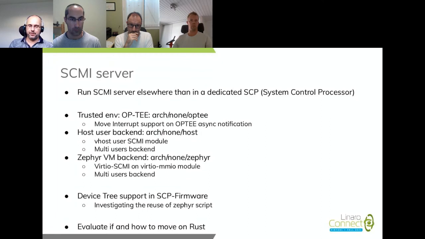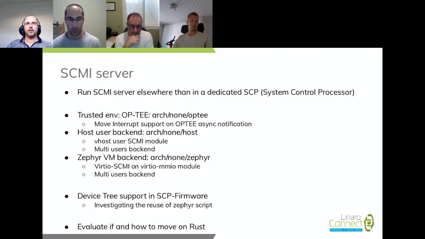And also, the last point about Rust is that, as Matthew mentioned, the other VirtIO backend and vhost-user backend have been developed in Rust, whereas this one is done in plain C code, even if it has been tested against the MISRA C coding rules. So we were wondering if it would make sense to move this SCP firmware to Rust. That's really an open question for now. We don't know at all if we move on this or not, and it's more to raise the discussion and see if it is worth the effort of re-implementing everything in Rust.